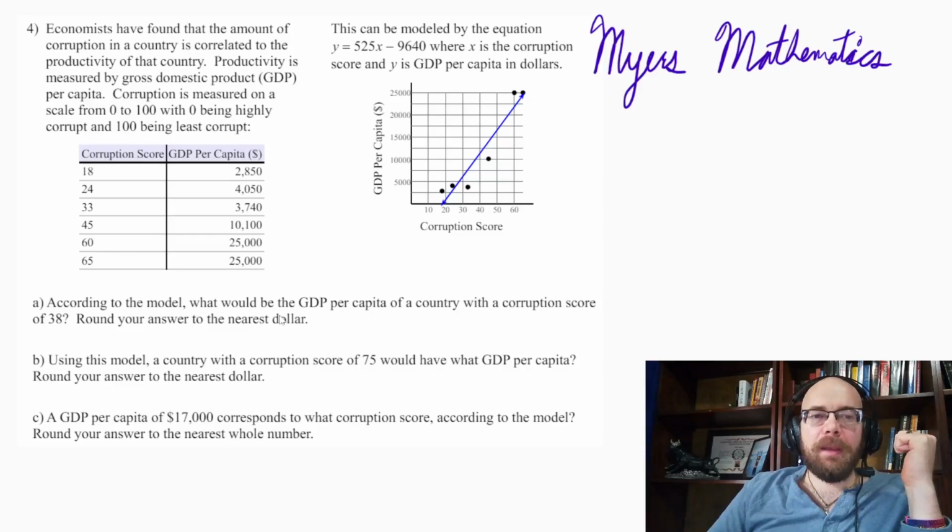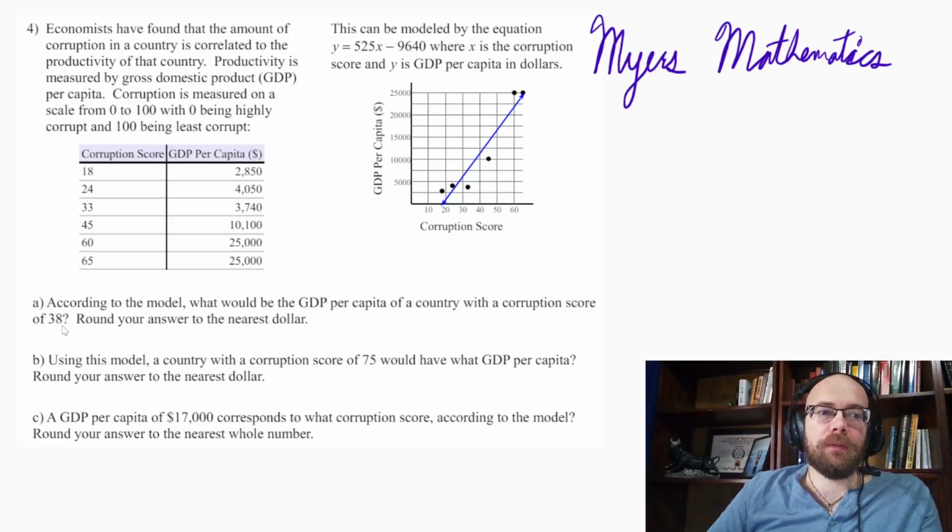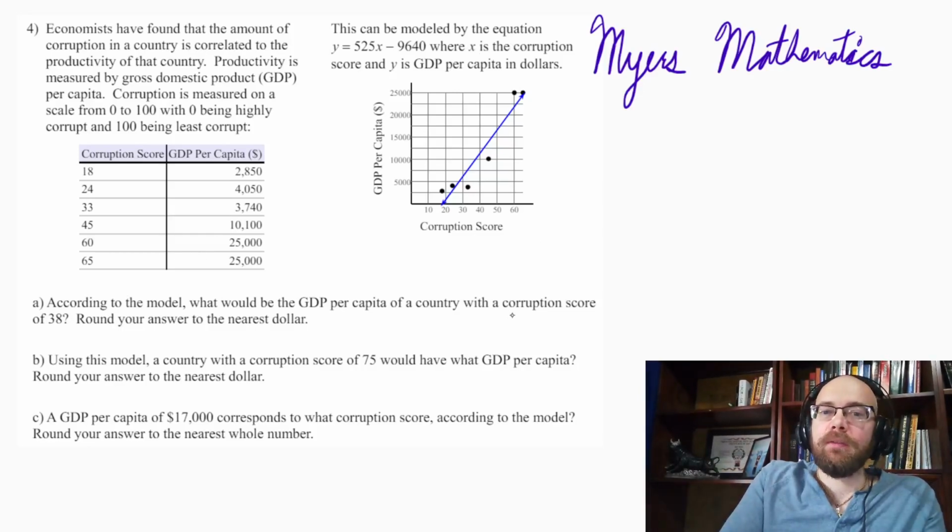What would be the GDP per capita of a country with a corruption score of 38? Corruption score is the X value, right? X is the corruption score. So if we have a corruption score of 38, that means we have an X value of 38. So X is equal to 38, and Y is equal to